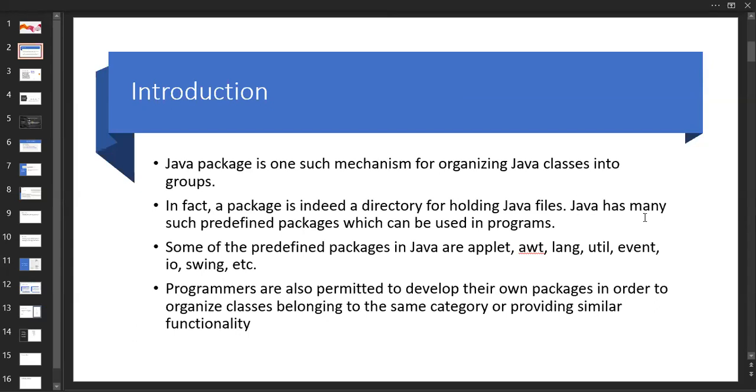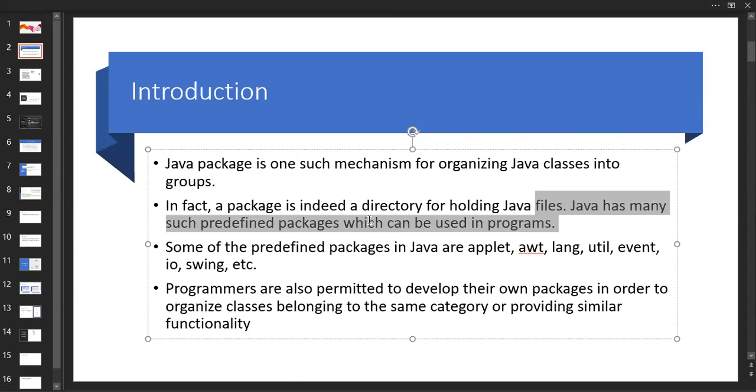Java has many such predefined packages which can be used in our programs. Predefined in the sense already available over there, whereas user defined ones you are supposed to write yourself. You use all those inside your program. Some predefined packages are applet, which you have in your syllabus and we are going to discuss in the third unit.